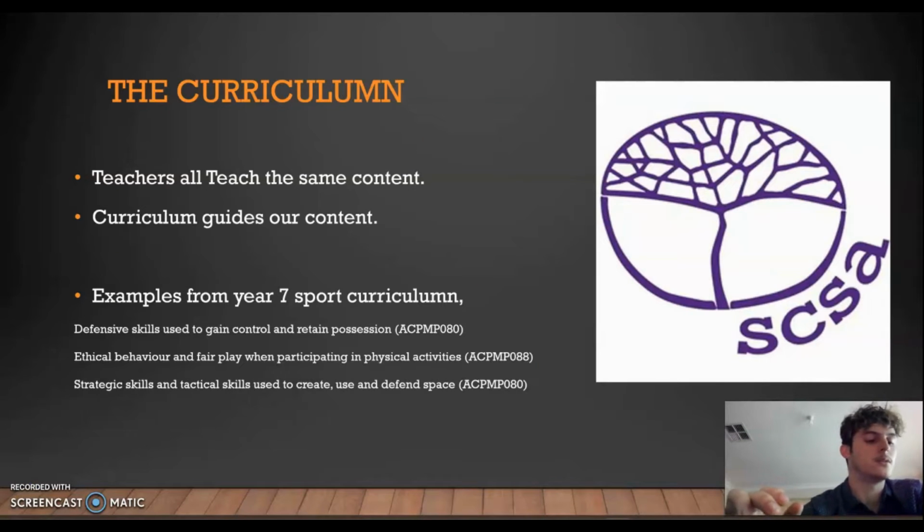How are we using the curriculum? As teachers, we base our learning content on the Australian curriculum. This resource is used to help ensure that teachers across WA teach the same skills and content to all their students. Some sport content requirements to be taught for Year 7s are listed on this slide as an example.